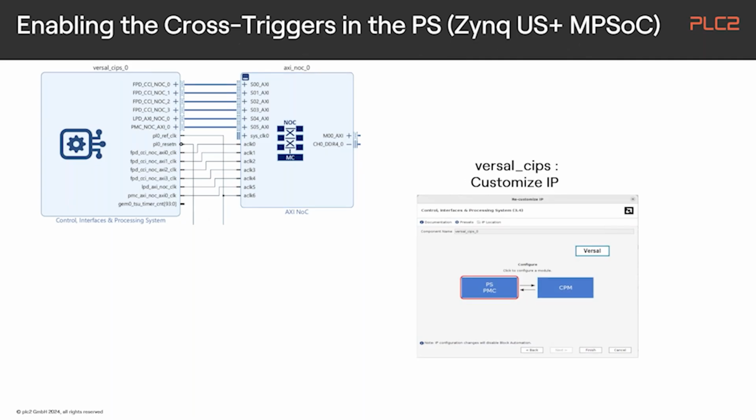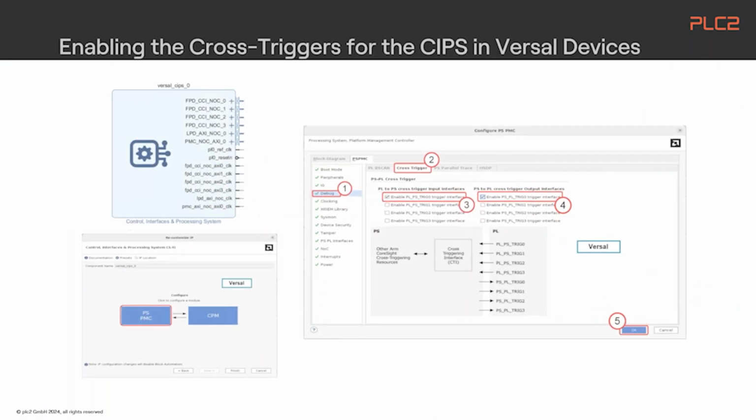This slide shows here the Versal configuration, and here we have the access from the IPs, and you can customize the IPs. Then you can here select PS, PMC or CPM. We need to select the processing system configuration, and